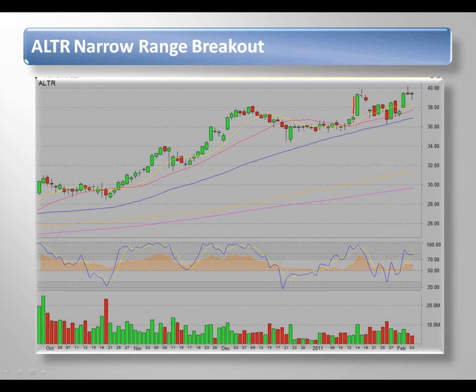So you have this battle between buyers and sellers, and it's so common to wind up in a narrow range day. And I'm to the point now where I almost expect it. I almost expect after a big move that the following day is going to be a narrow range and may close similar to where it opened, not without throwing a few elbows to the upside and the downside, but for the most part closing where it opened. And I use that second day as a key if I'm still in this trade as to what to do